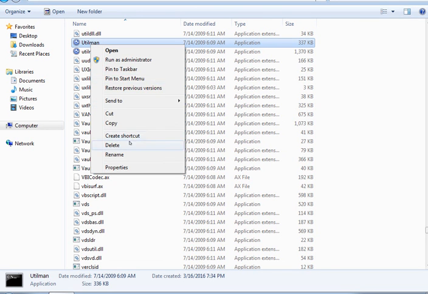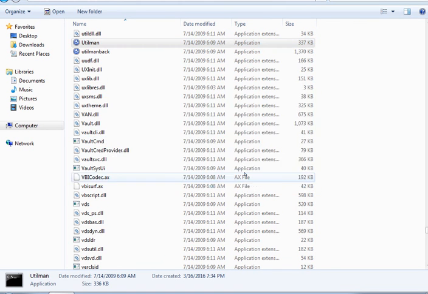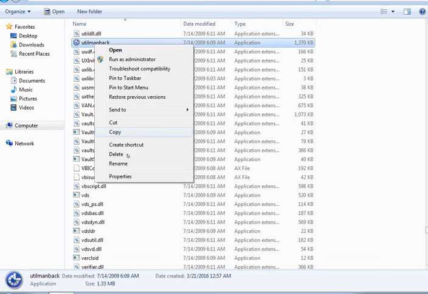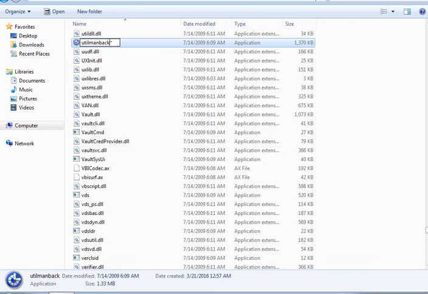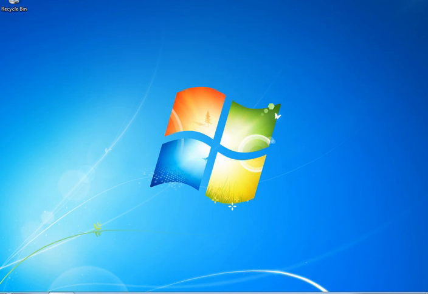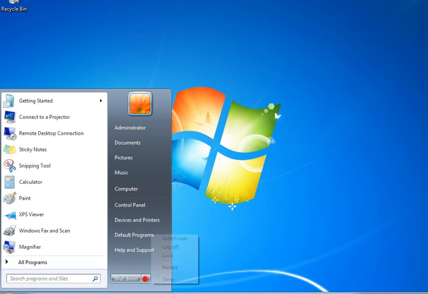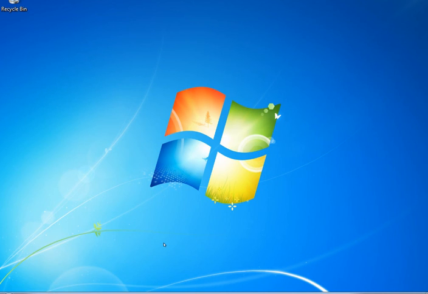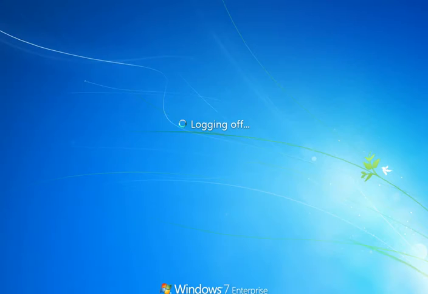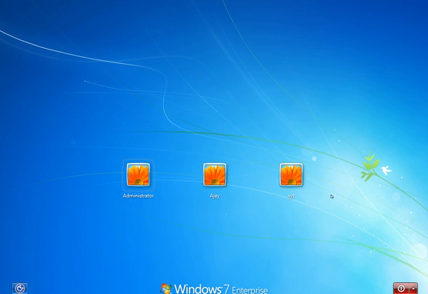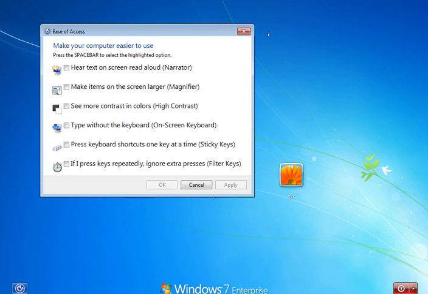So delete this file and rename the backup file to the original name, utilman. Done. So everything is done now. If we log off, we can use the new password and the utility manager is still working properly. You can see we have all the users and the utility manager is working perfectly.